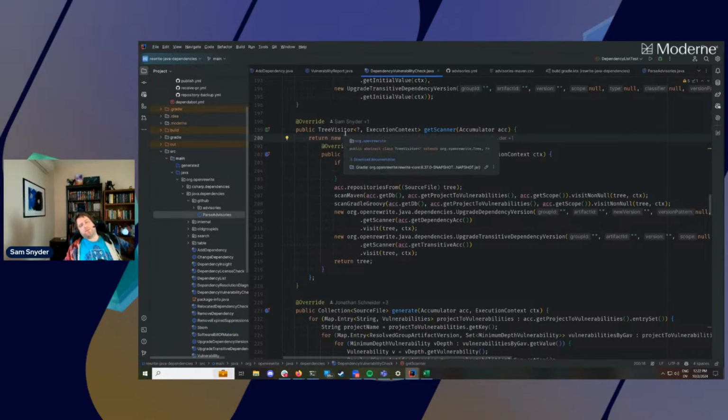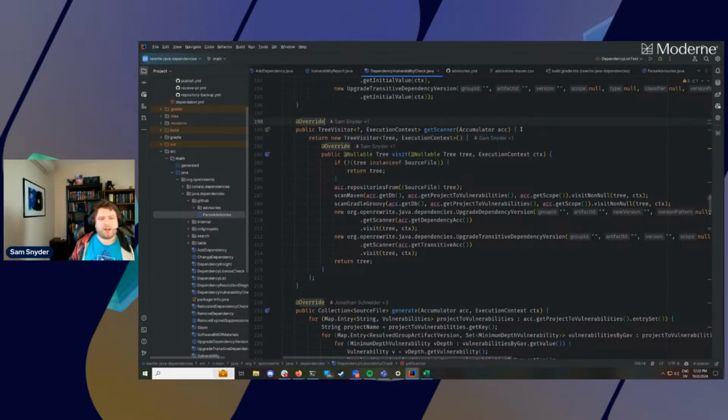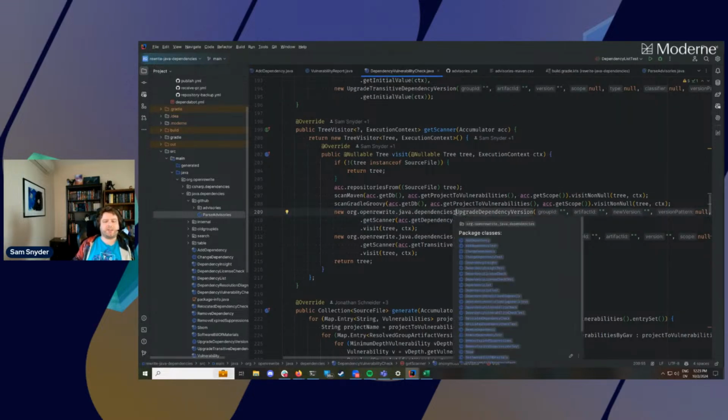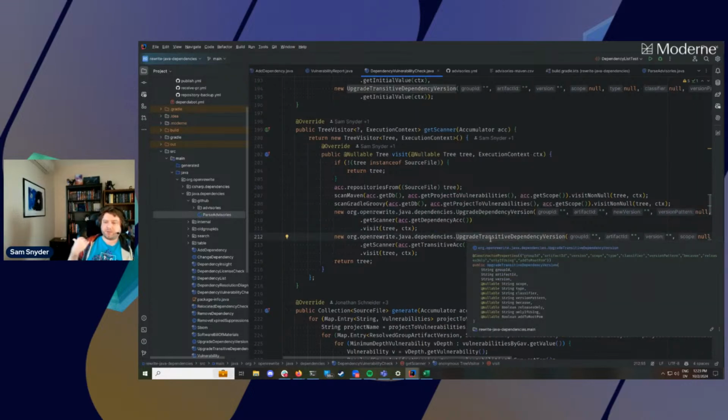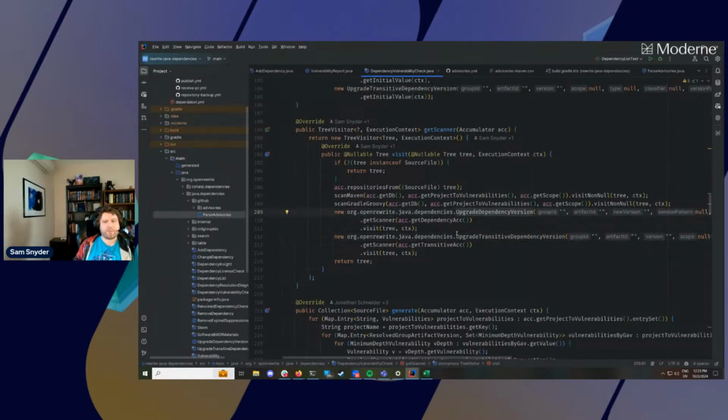And then in the scanning phase, like I referenced before, we use this. The scanning phase needs to visit multiple types of files. It needs to visit Gradle.properties files. It needs to visit Maven POM files. It needs to visit Gradle scripts. And so we use a tree visitor, which visits all types, and then delegate to the scanners of the upgrade dependency version recipe, which supports both Maven and Gradle, and the upgrade transitive dependency version recipe, which also supports Maven and Gradle. And these both live in the same Rewrite Java Dependencies project. And if you go look at them, you'll see a similar kind of delegation pattern where they parameterize and then run those other scanning recipes.